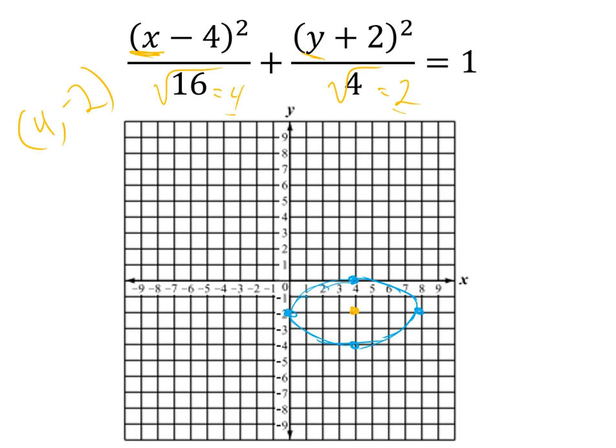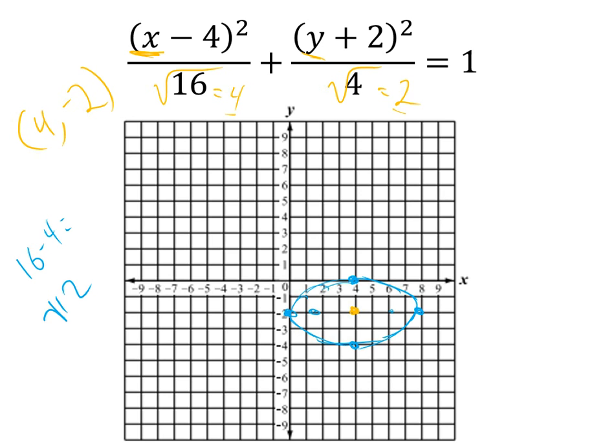So again, you're looking for your HK. Whatever your HK is, that's your starting point, and then from there, everything else. So now whenever you do your foci and everything, you're basing it off this H and K. So whatever your foci are, in this case you're going to subtract, so 16 minus 4,